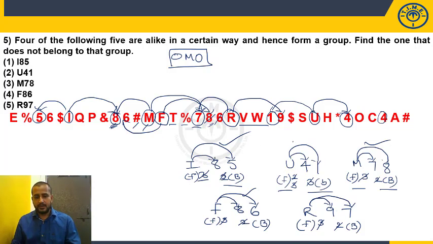Except this option, in every option, first to second elements, 3 elements in the forward direction, and first to third element, 2 elements in the backward direction are missing. Except in which option? Fourth option. So which is the odd one? Second option.